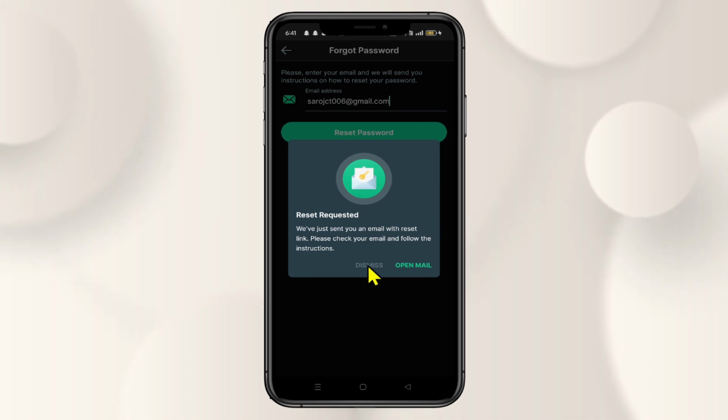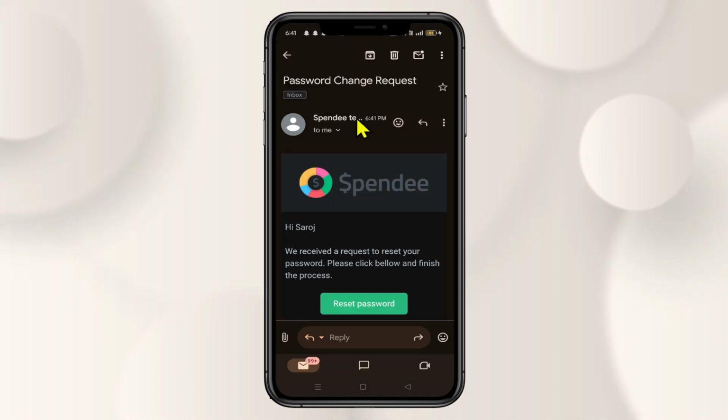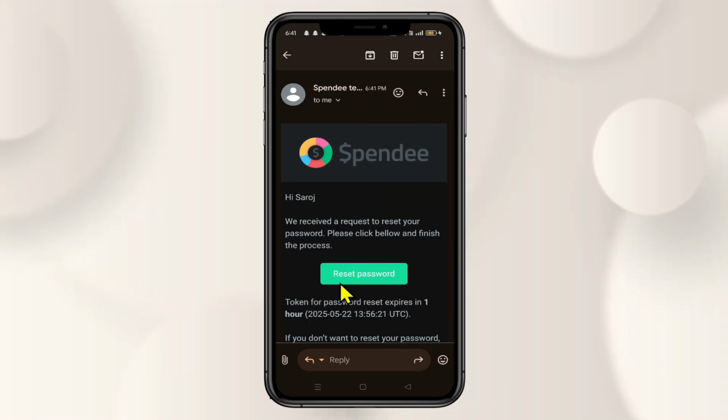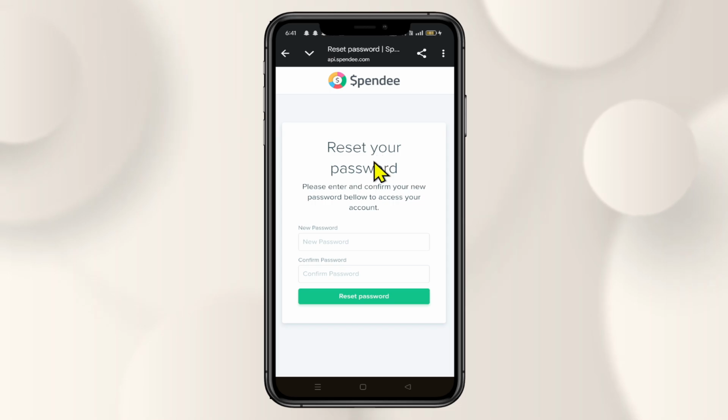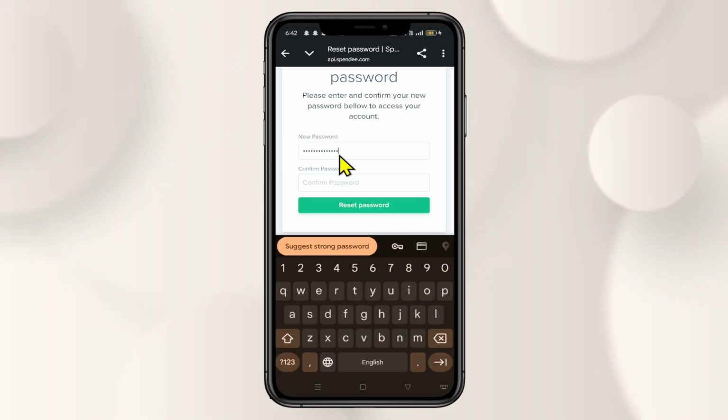And now you will be asked to check your inbox. So just check your inbox and you will find an email from Spendee. Open up this email and just tap on the reset password button. This will now take you into your reset password page where you can set up your desired new password for your account. After entering your desired new password, type it in once again for confirmation and then you can click